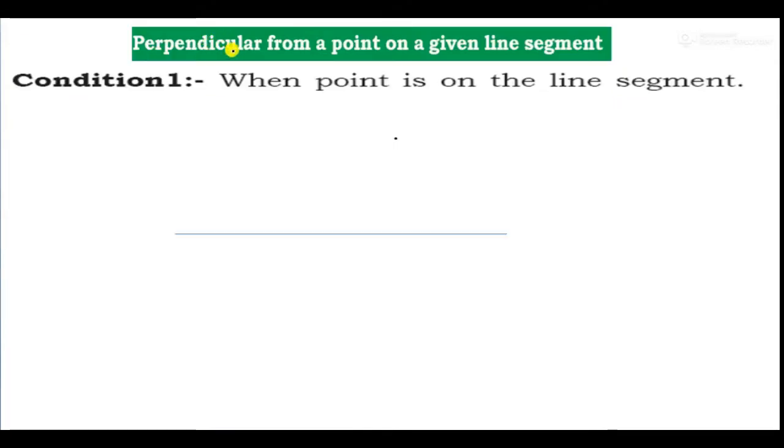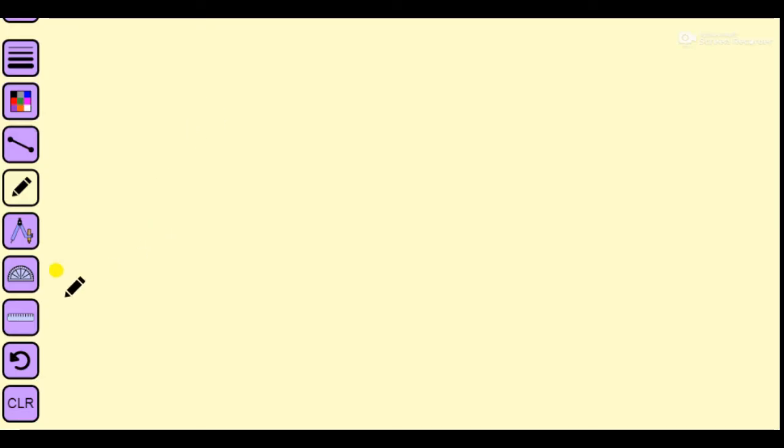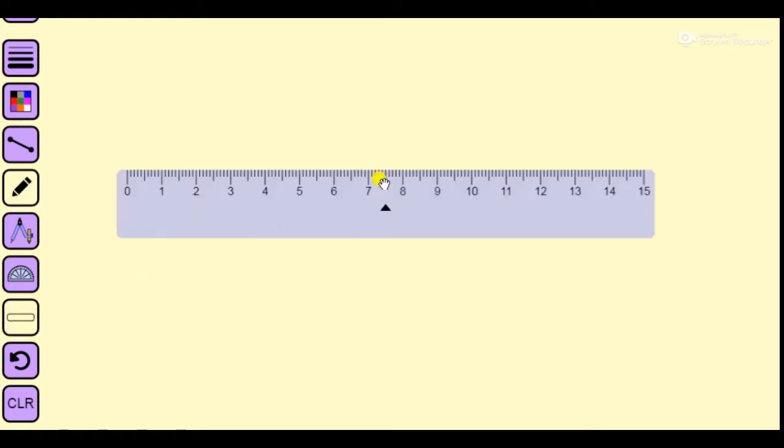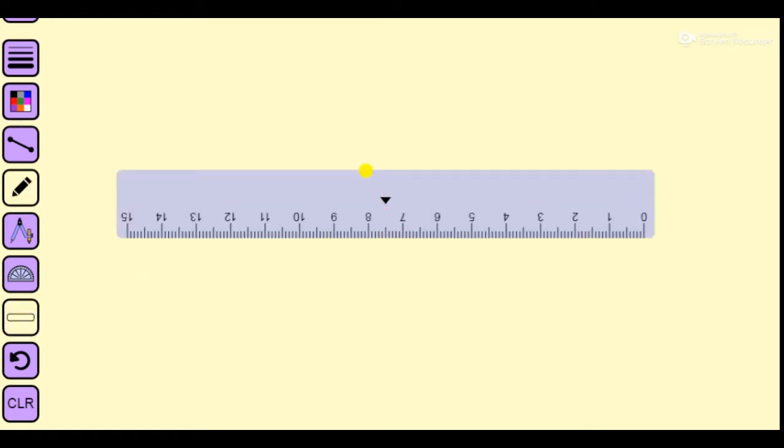Now the first is a perpendicular from a point on a given line segment. The first condition is when the point is on the line segment. This is the line and the point on the line. Let us see how we can do this. First, take a scale like this. You have seen here this one is the scale, and the line is,